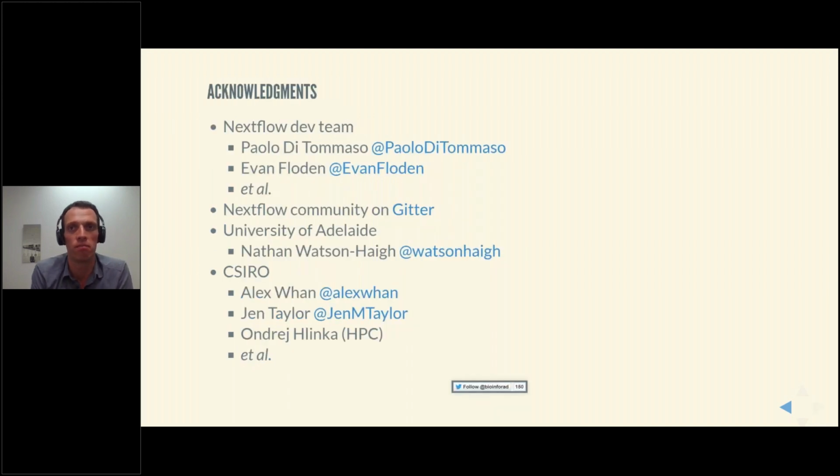Finally, I would like to acknowledge Nextflow and the development team for creating this fantastic tool, and the community on Gitter, which helped me a lot and is always very helpful with Nextflow issues. Thanks to Nathan Watson-Haig for preparing the original pipeline on which this one is based.